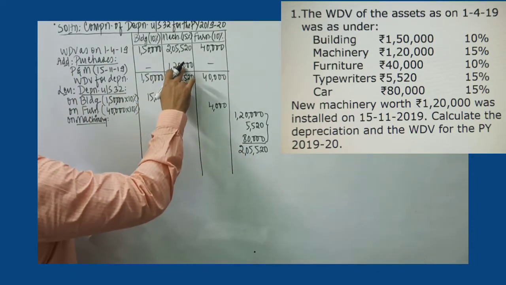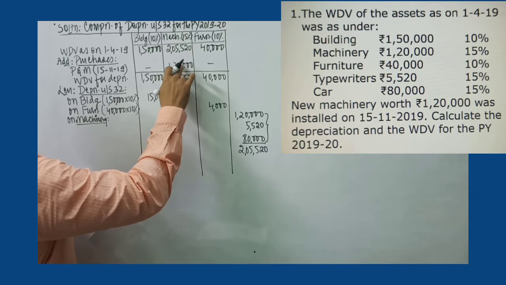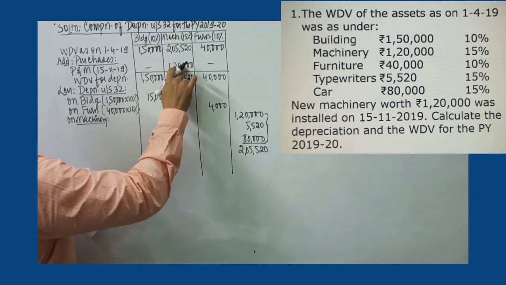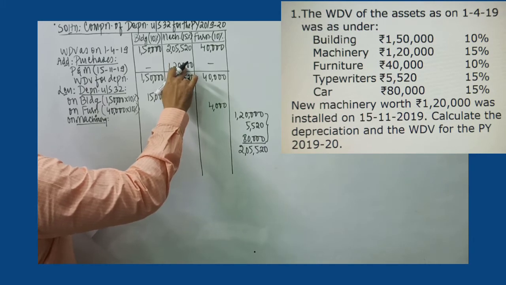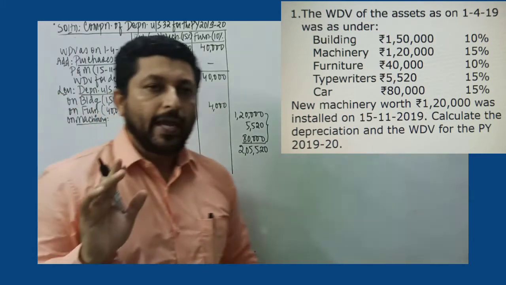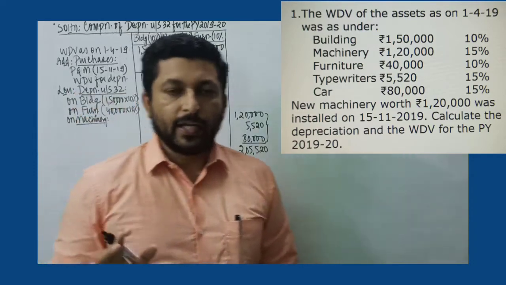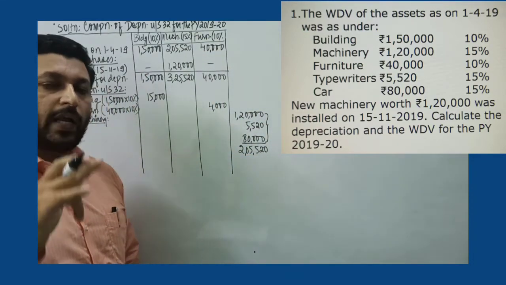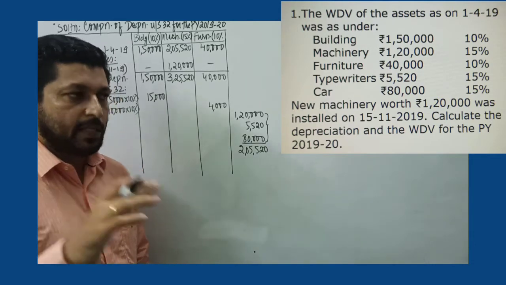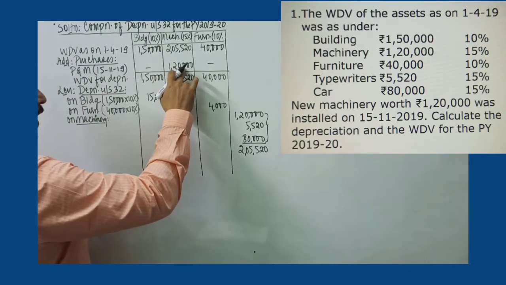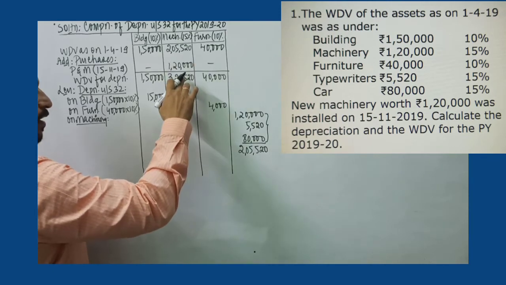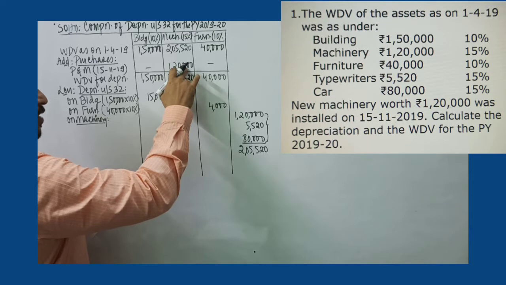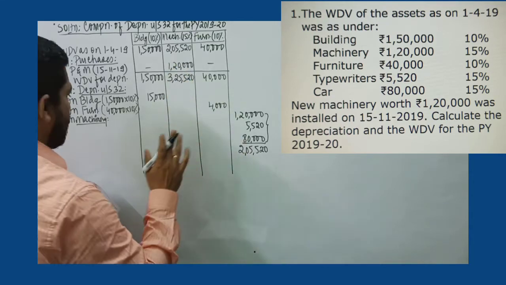So half year's depreciation has to be charged on this. Apart from that, since this machine is installed in the factory as given in the problem, it will also attract what is called as additional depreciation. An additional depreciation rate is 20% if it is used for 180 days or more. But since this new plant and machinery is purchased and used for less than 180 days, half year's depreciation again in additional depreciation will be charged.